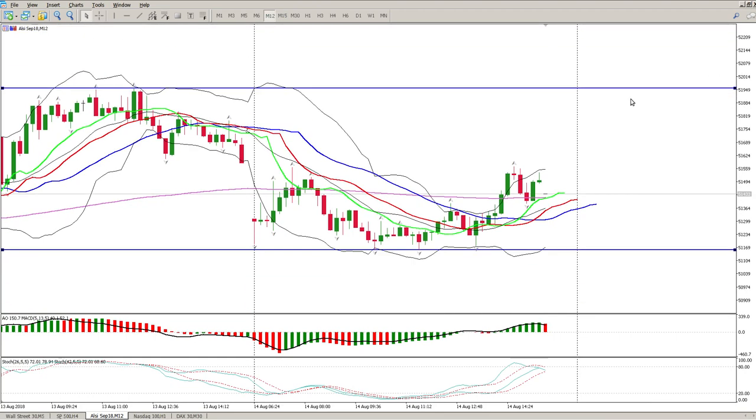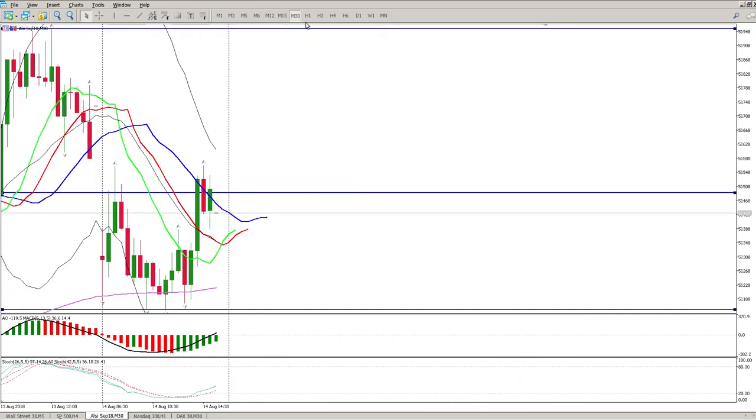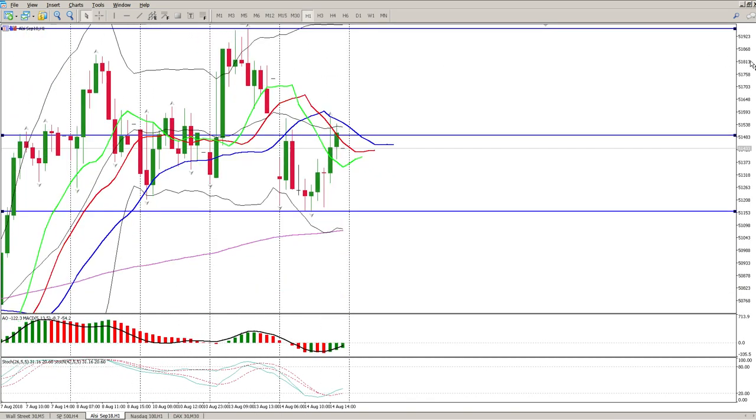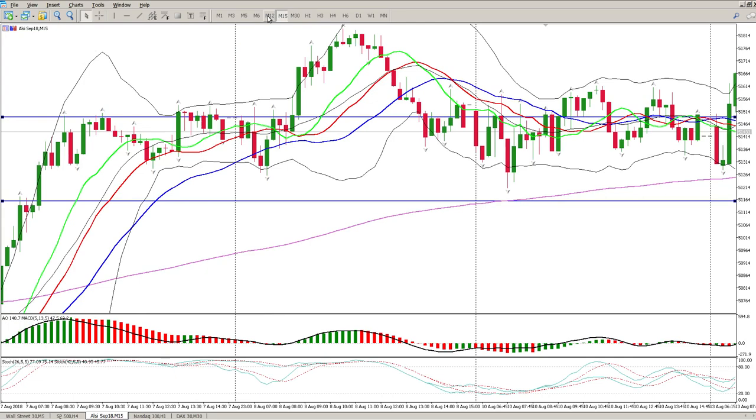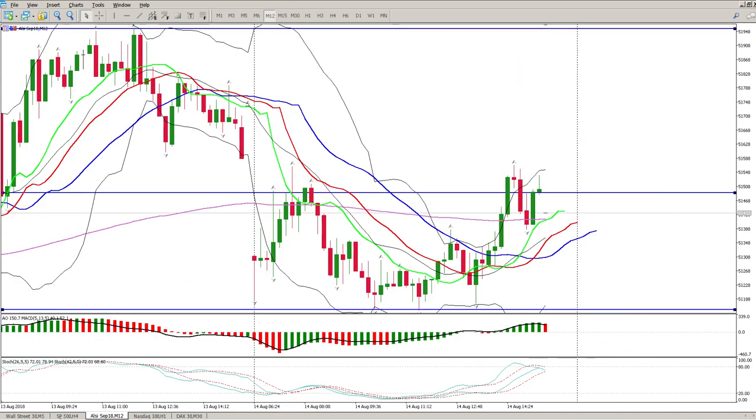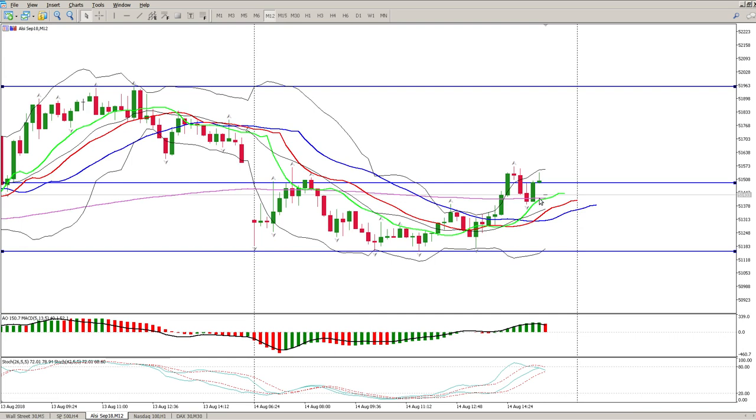We more than likely are going to have a gap down, and the question is whether we find support at 51158 or 51160. If we do find support here and start moving to the upside, you can first expect the gap close. Your daily gap close would be around here, but bear in mind that it would also coincide with our 200 moving average. I'm just looking for it. It's on the 12. So you can see the gap close would be up there, and you can see where your 200 moving average on the 12-minute is.